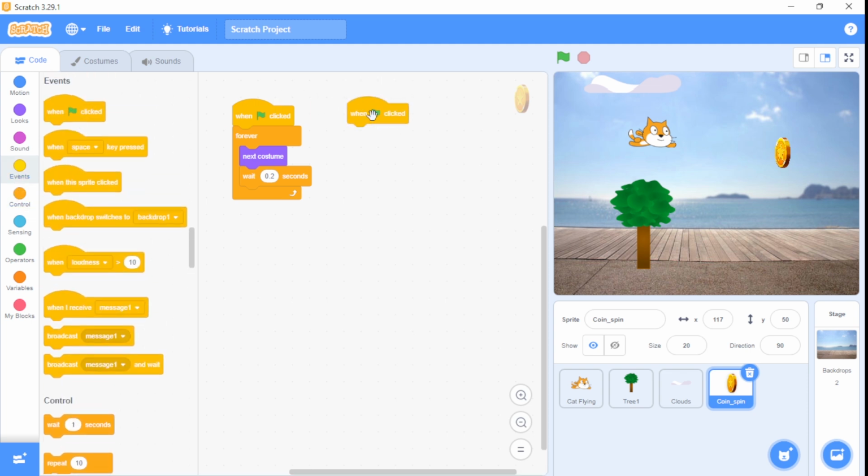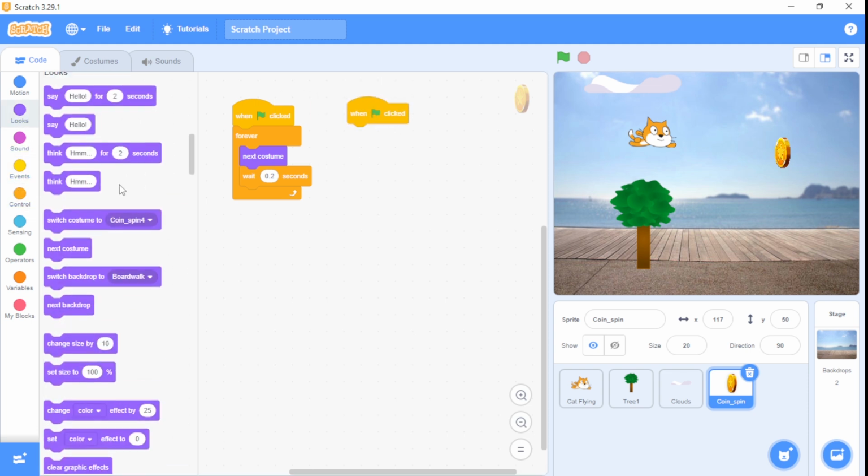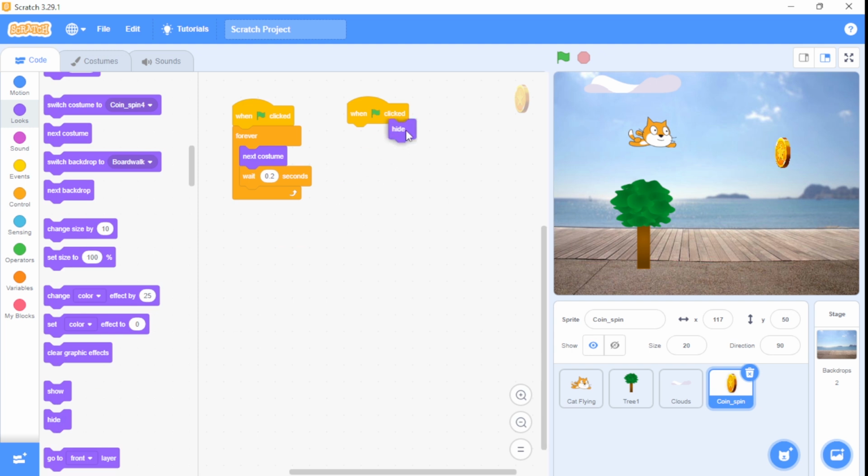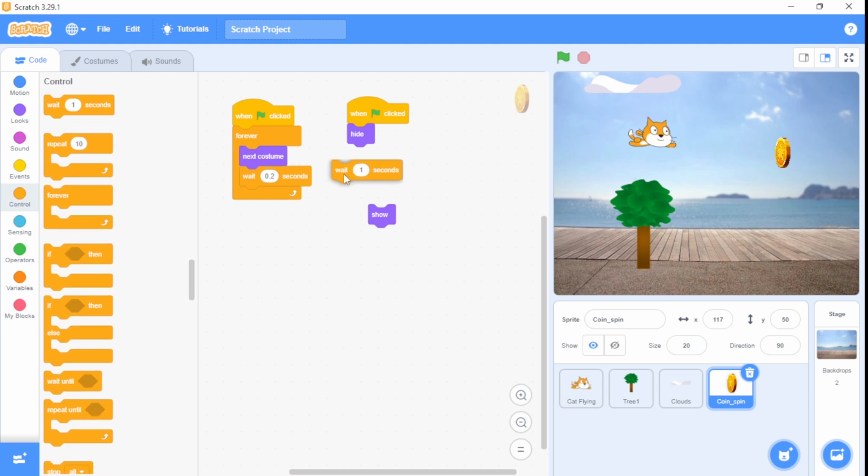We say when the green flag is clicked, come to looks, say hide, then we'll show it back again. Then we come to control and say wait for 2 seconds, then we come to show. So guys, please pause the video so you can get the code, screenshot it, then you'll be able to practice